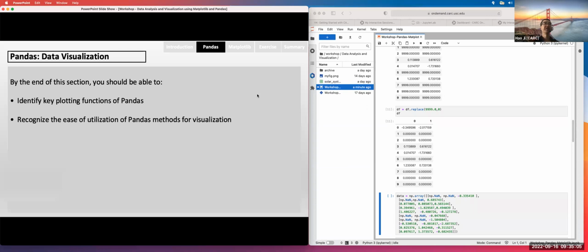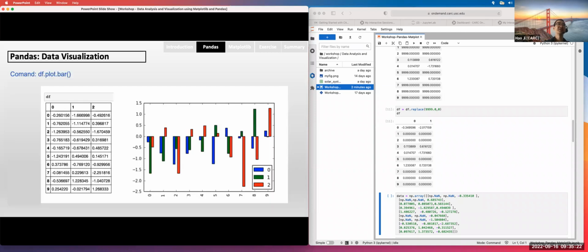Next, we'll talk about data visualization, right? So most people like to visualize data. At least, people are very good at visualizing data rather than reading and writing, because it gives you an overall idea of your data. For example, I have a data frame like this,